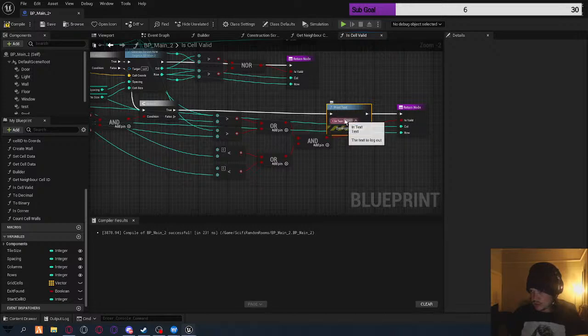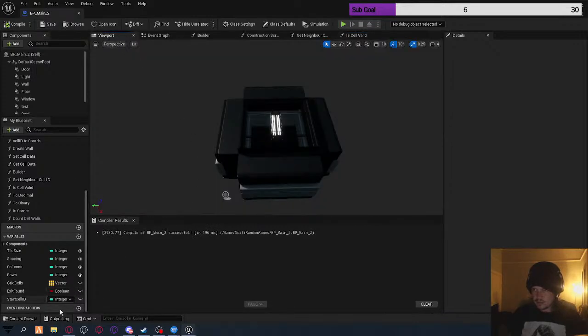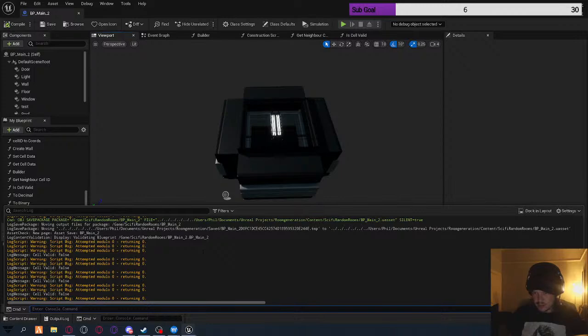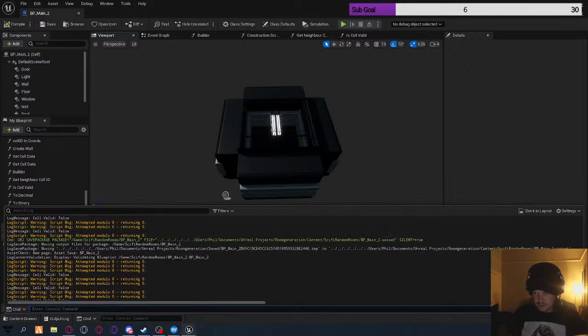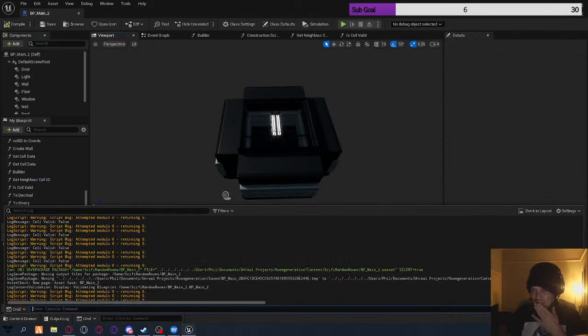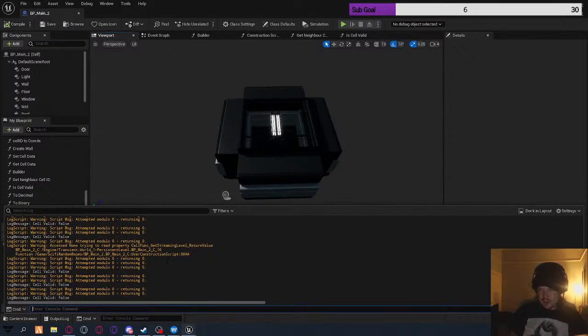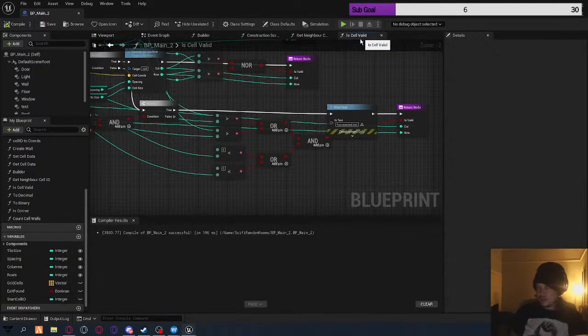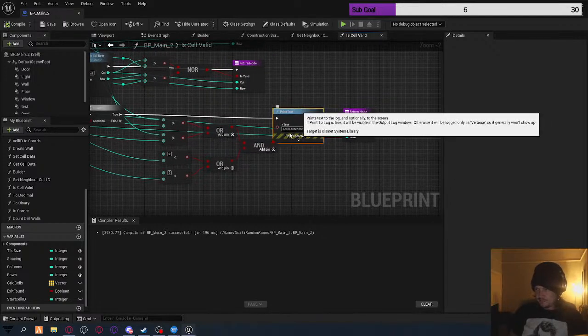In text, you reached me. Viewport, output log. There is no you reached me there. So we're not even hitting that part of the code. Which tells me then